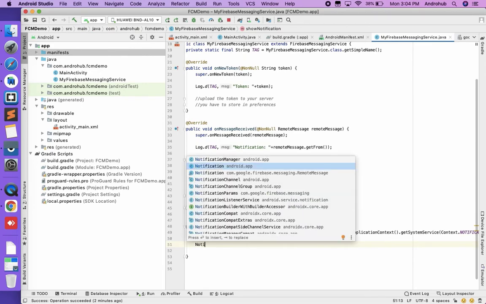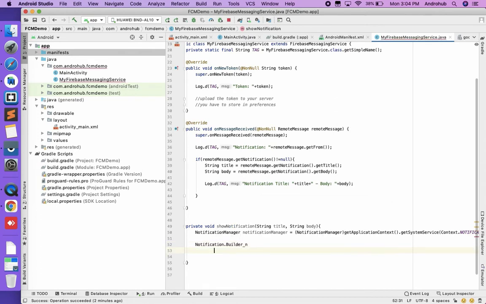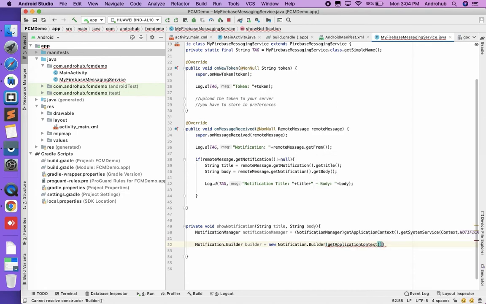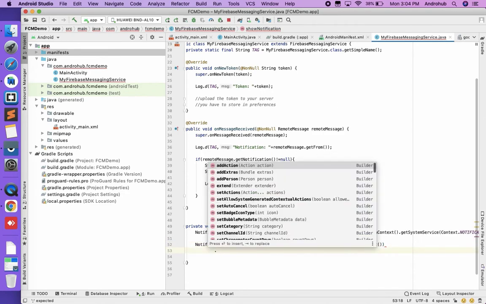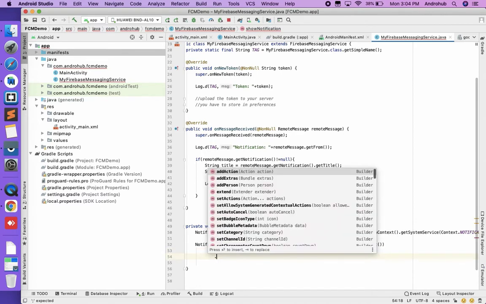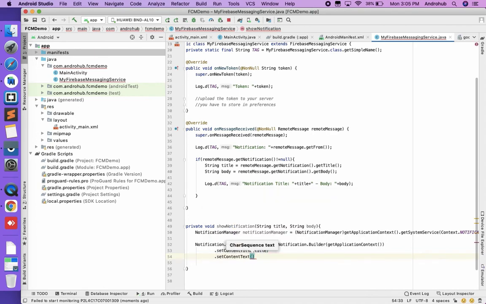Now we have to create the notification builder. Builder, new NotificationBuilder, getApplicationContext(), setContentTitle, setContentText, which will be our body.